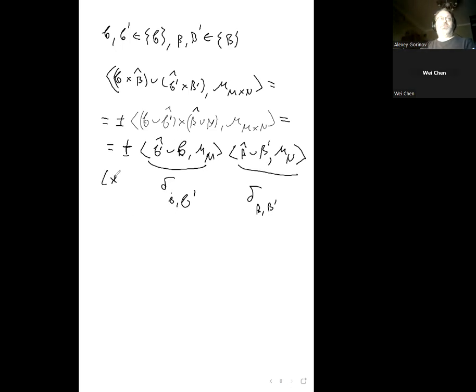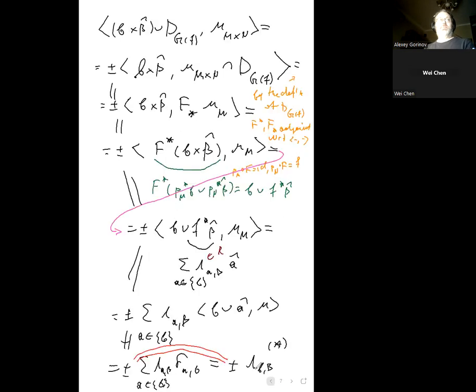Let me call this formula double prime. So the first formula combined with the second formula